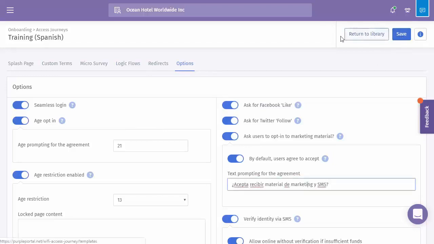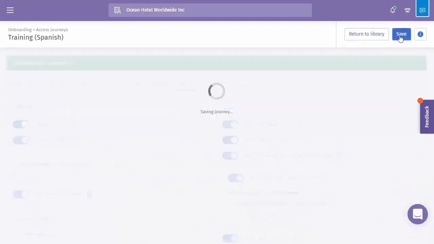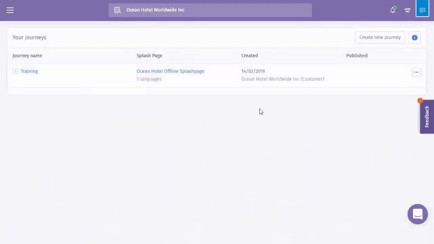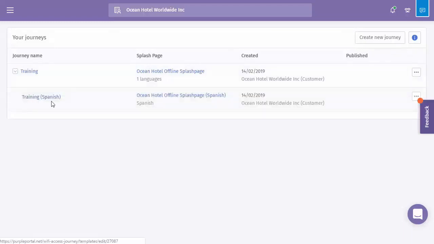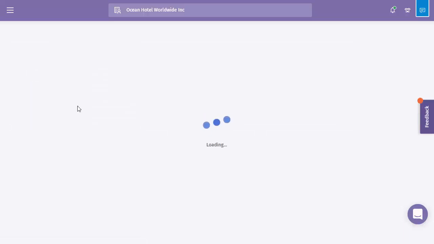Now you'll see there's only a save and return to library. So again, I'm just going to save it and return back to the library. And you'll see now with our access journey, we have this little chevron, and this will show us our translated version. So we could have multiple along here. You still have the flyout menu to be able to duplicate and update, but this isn't live until we've published the main one. So I'm going to click back into here,